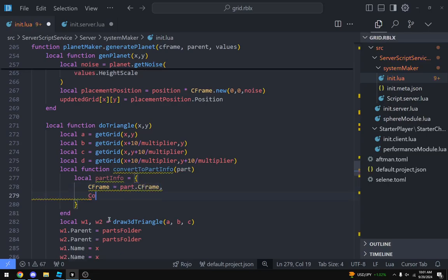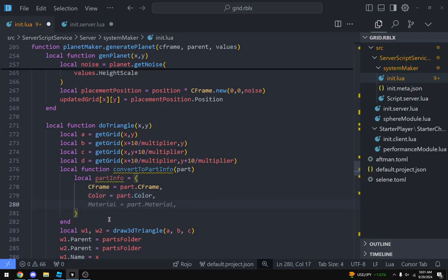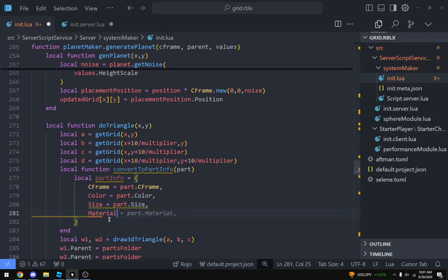Let's do color. What else? No. We'll have more to do.